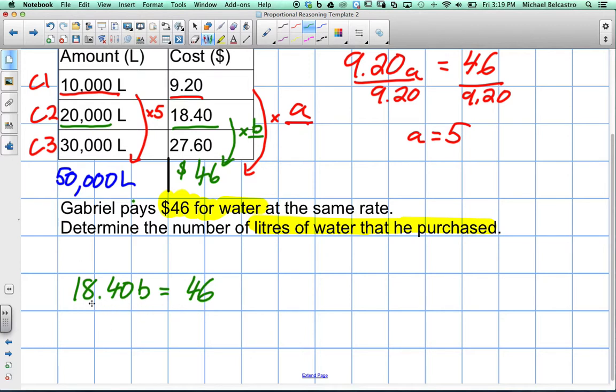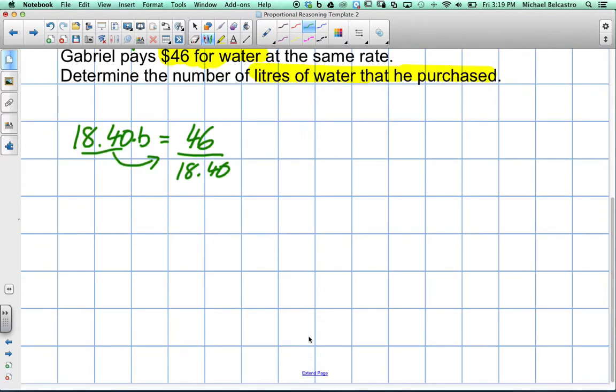$40. Now, a lot of times what they'll say is we're kind of moving this to the other side. And because it's multiplication on this side, we divide on the right side of the equation. It's still the same idea as we talked about in the first one. It's just another way to describe it. So when you do that, you're left with b on the left side, and we've got to figure out what